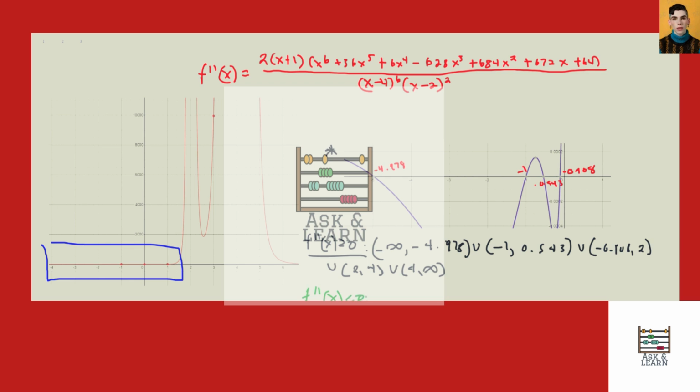Then that tells us the rest of our interval should be where f double prime is less than 0, which is going to be negative 4.978 to negative 1, union 0.543 to negative 0.108. And remember, f double prime less than 0 means concave down. And when f double prime is strictly greater than 0, this is concave